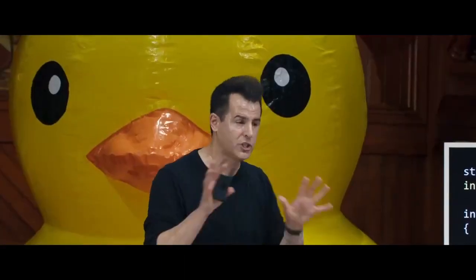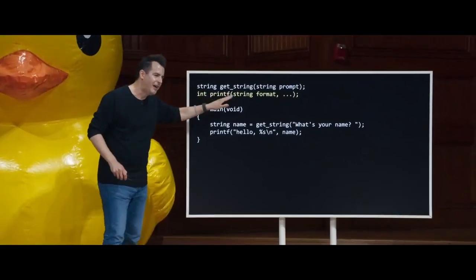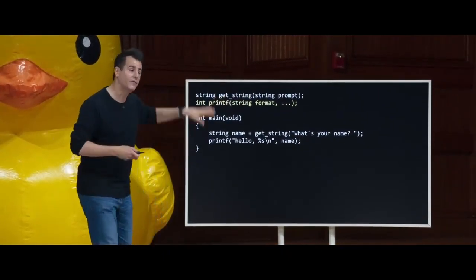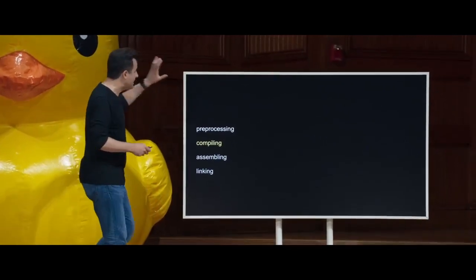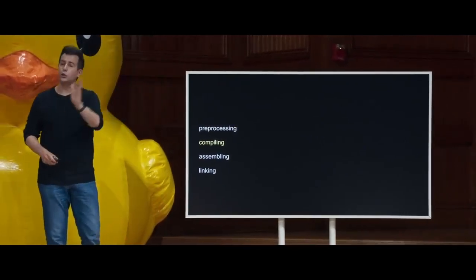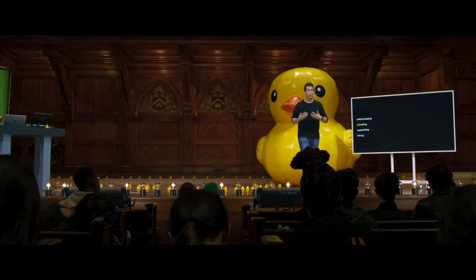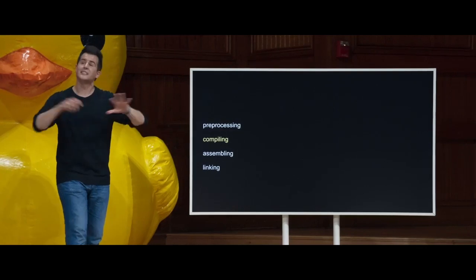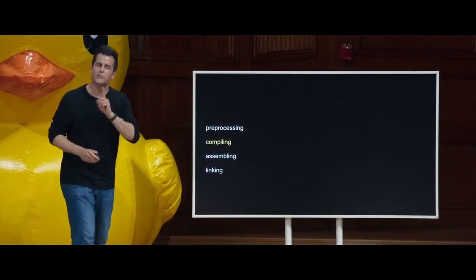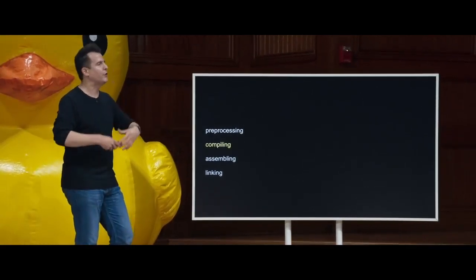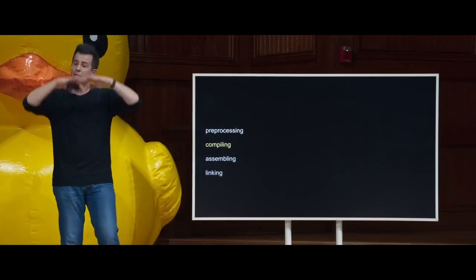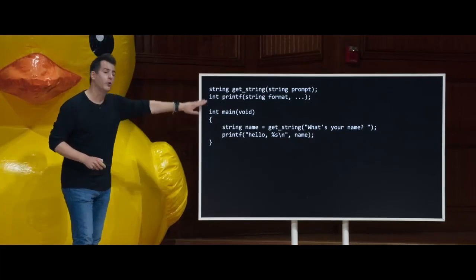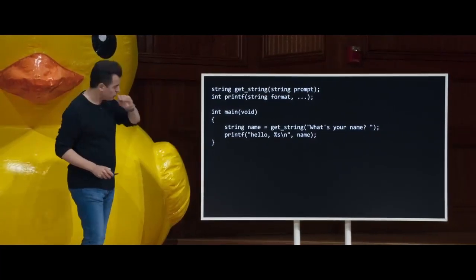Now there's some other stuff in that file, and this too is kind of a white lie. Printf probably has its own file because that's a really big library, but the essence of it is exactly this. So preprocessing converts all of those hash include lines to whatever the underlying prototypes are within the file, plus some other stuff. Now compiling, we use it as this catch-all phrase, but it turns out it has a very specific meaning that's worth knowing about, even though after today you can go back to using compiling as the sort of catch-all phrase. So when you've got this same code here, after the preprocessing step has happened,